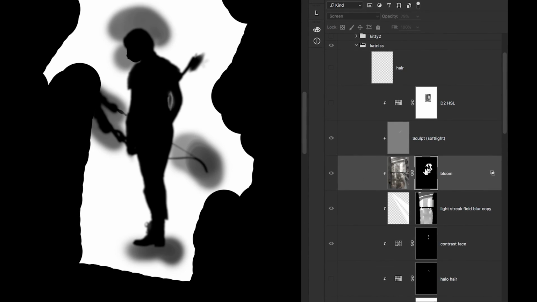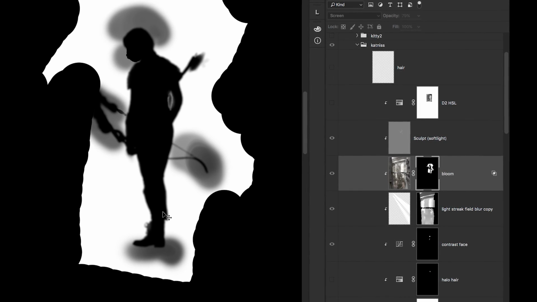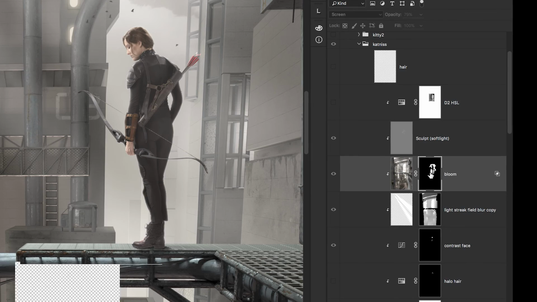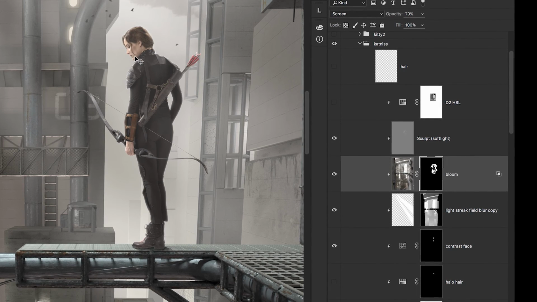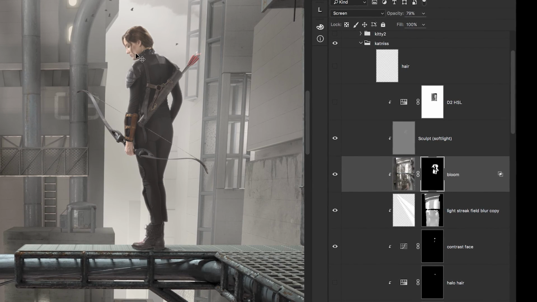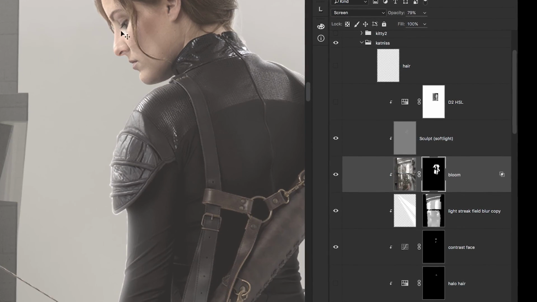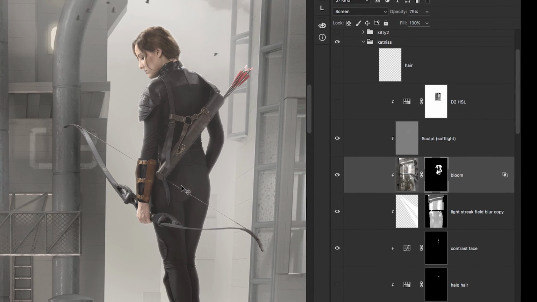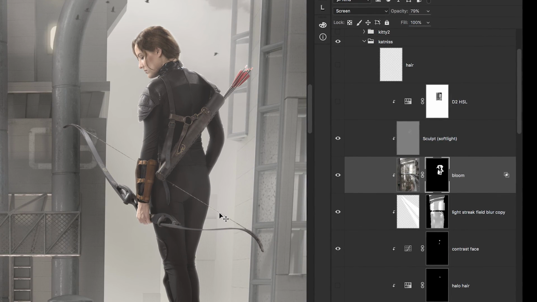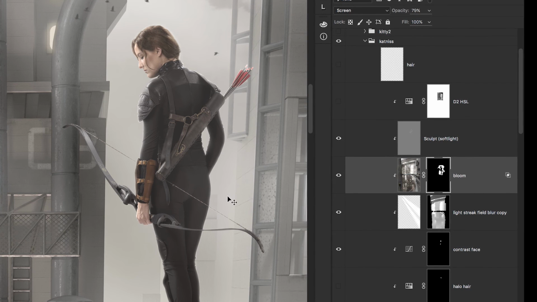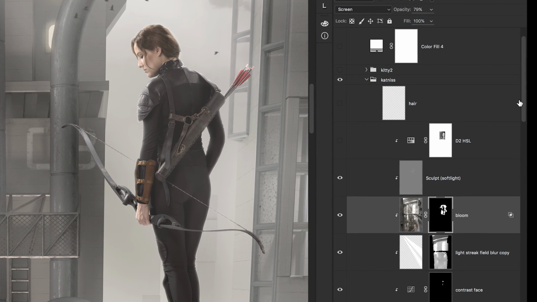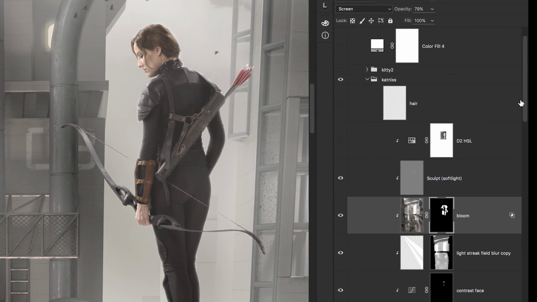The mask now looks something like this. It's blurry, except black, where I sort of didn't want the effect to be as strong on her face. The blooming looked distracting, and her features didn't look right anymore. So yeah, that's this. The very last step is my secret sauce, like I promised you,